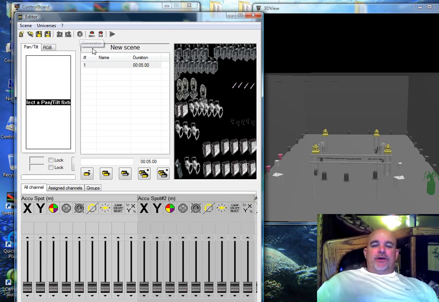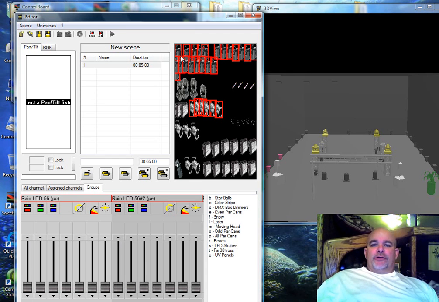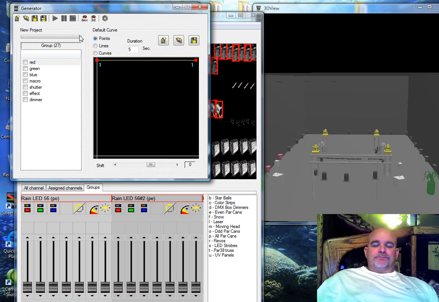First you have to create groups. My par cans are grouped as P for pars, so I hit par. Notice in the 2D mode, all my pars are selected. Now I'm able to select the generator by clicking the generator button. Here we have